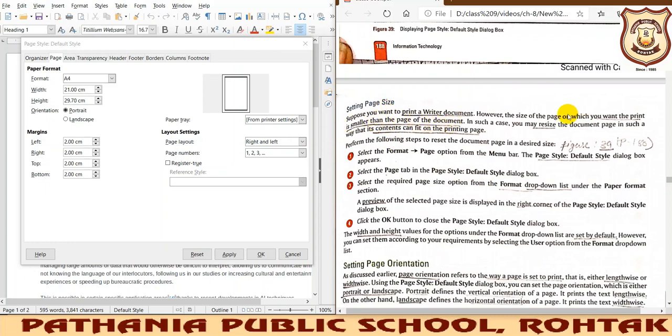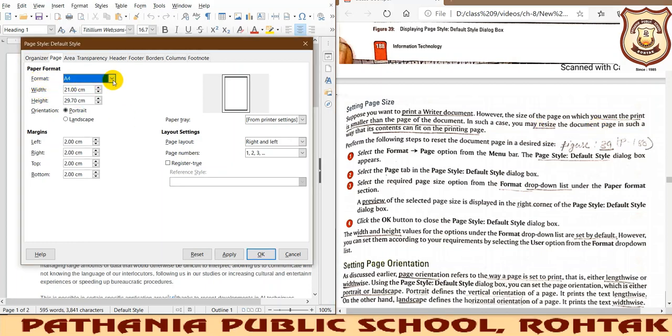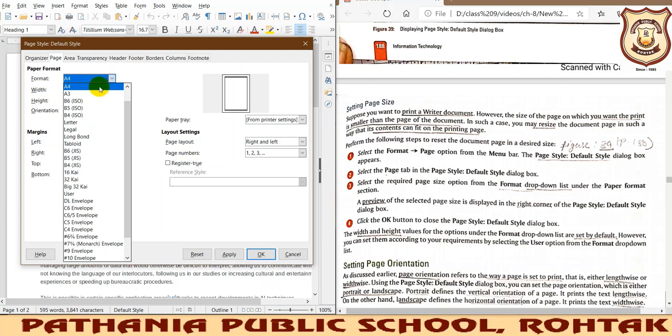When you are working with a different size of page, for example when you want to print something, that is when it comes into action. When you want to fit particular content on a given page and your page size is something other than A4, then you will go to this Format option. There you will get this drop down menu, and here you can set the page size. If you are using an A3 page or an A4 page, whatever the size of your page is, you can select the desired page.